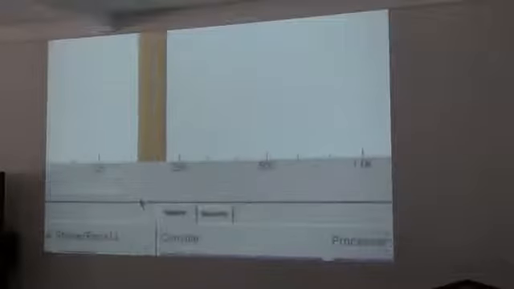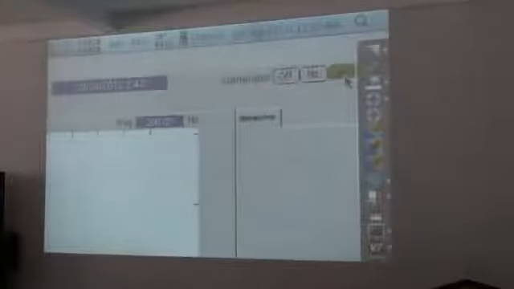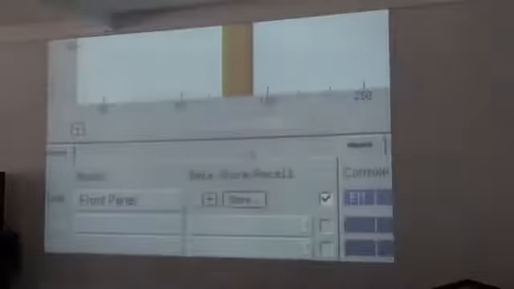In a real-time analyzer, the sound is expressed as bars. And right now, this bar is at 200 Hz. If I change to 100 Hz, the bar will move to 100 Hz. Okay? That is 100 Hz. This is a real-time analyzer.